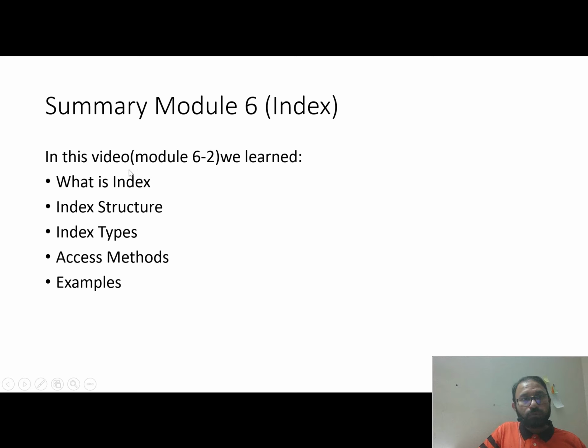So in this module, we learned about indexes. We studied the structure of the index, and we know how many types of indexes there are, and we have seen